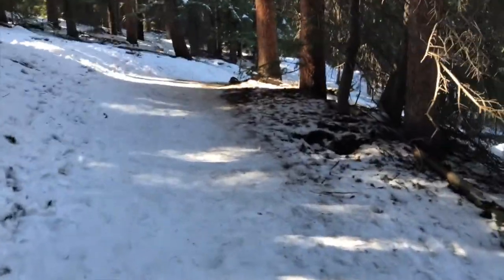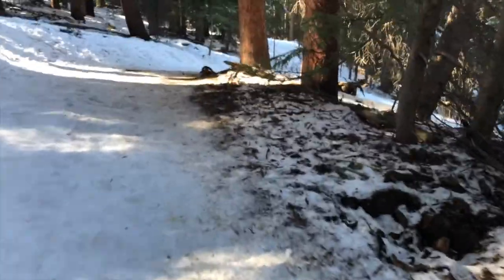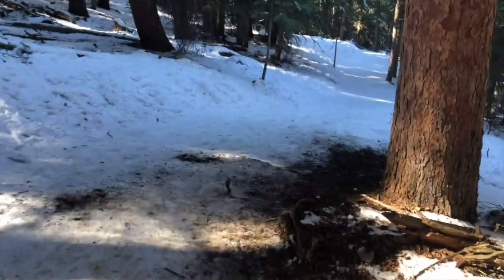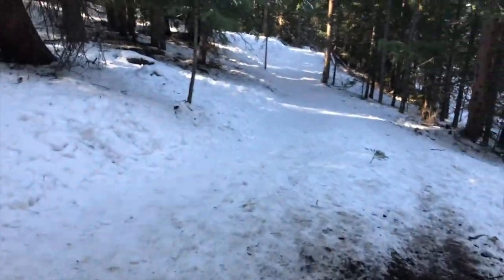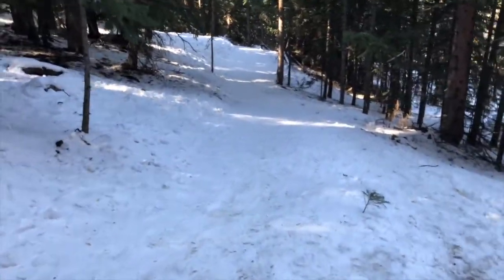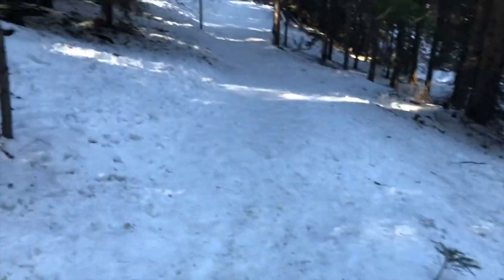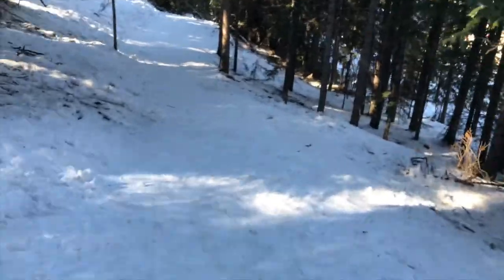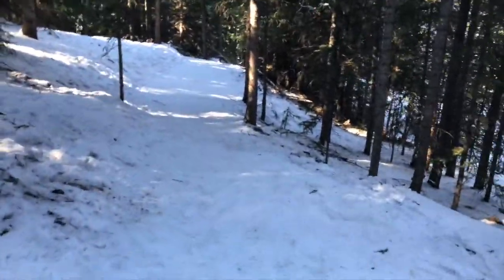So in something I had read, it said the troll was 0.25 miles from the parking lot. However, according to my measurement, it was 0.59. And so I just want everyone to be aware, if you come and do this hike, you may want to wear some pretty decent shoes, clothes you don't mind getting muddy or dirty,